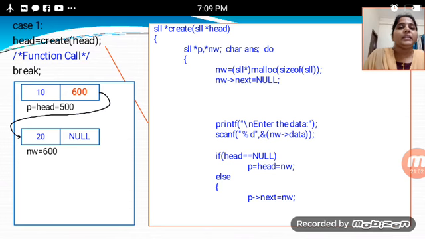That is the code in this code expansion for creating a single linked list head value: the declaration part of the single linked list and the memory allocation for the single linked list, and next having a null pointer, and printf function and scanf function will be there. If condition head is equal to null will be there, if head is equal to nw,